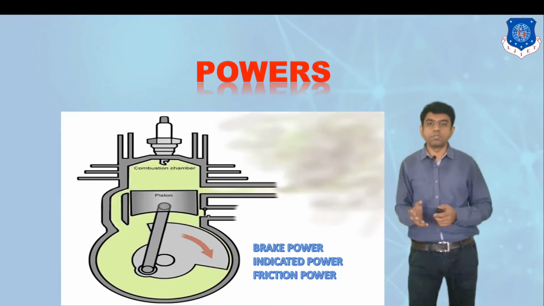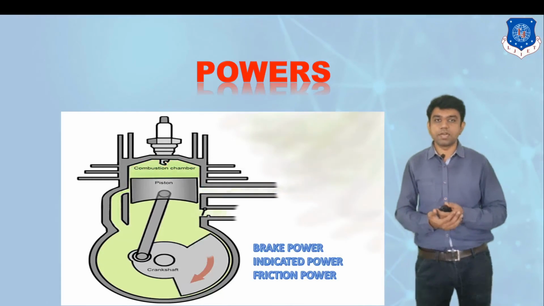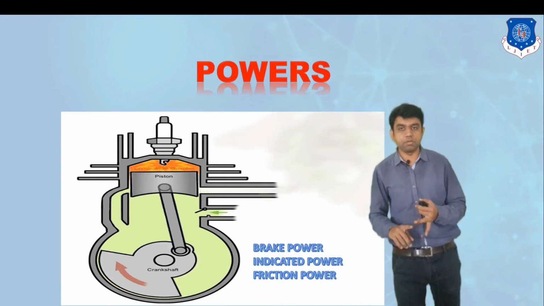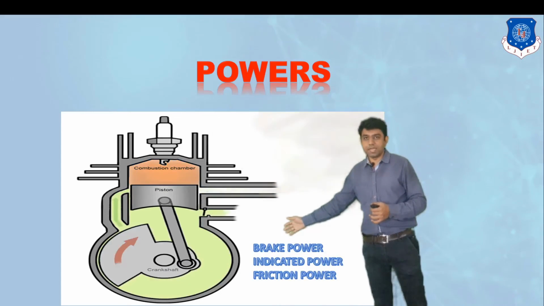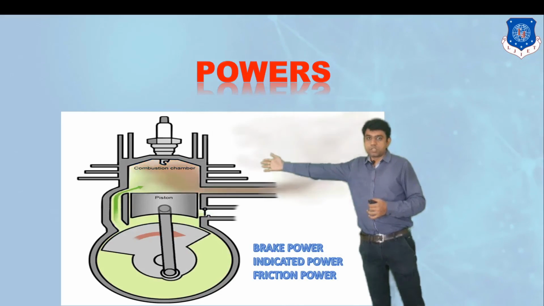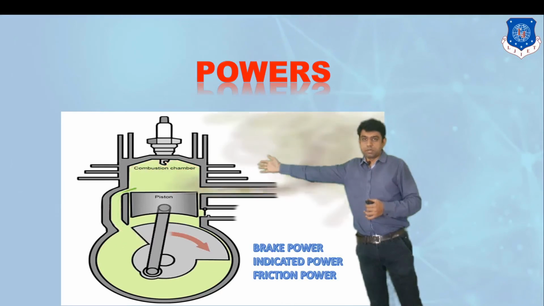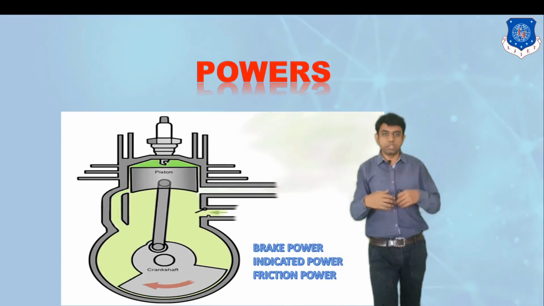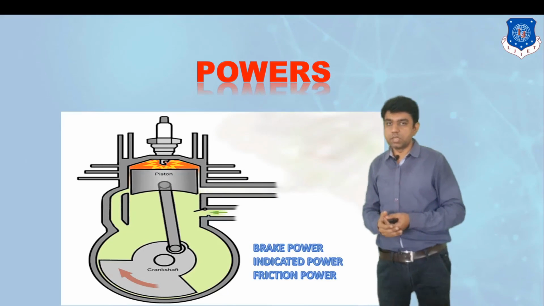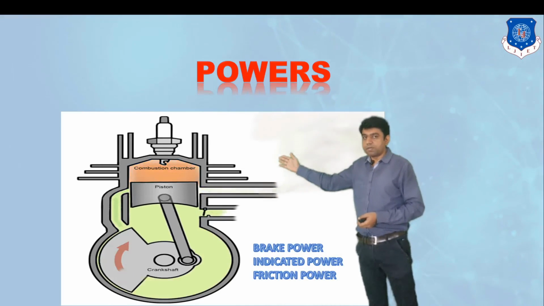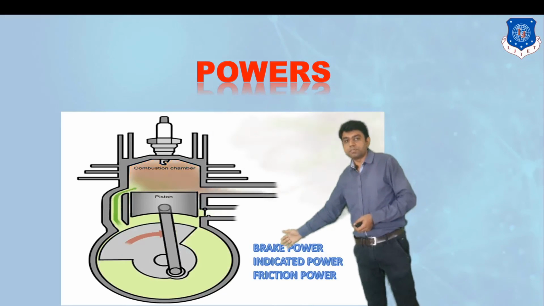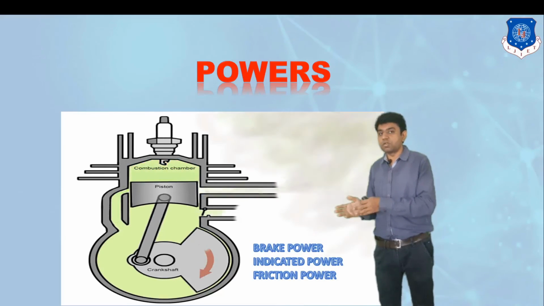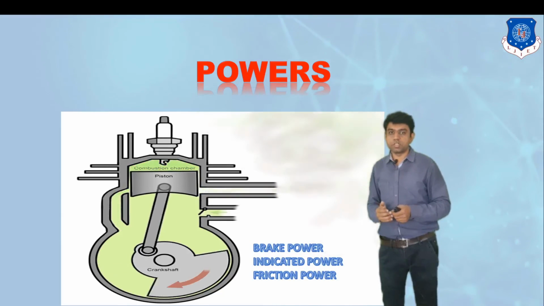Now let us just have an outlook of the different powers which are there in the engine. Normally we are dealing with these three different powers, that is brake power, indicated power and the friction power. Brake power is the power which is available at the engine shaft. Indicated power is available at this chamber region, right, inside the engine, through which the conversion of heat energy into mechanical form takes place, right? In between, the indicated power value would be different and the brake power value would be different. Naturally it is happening due to the friction loss. So that is nothing but the friction power.